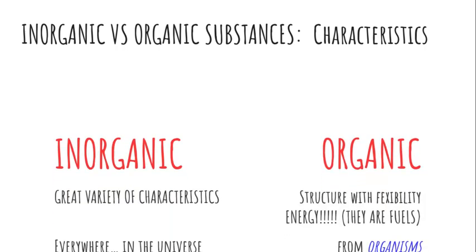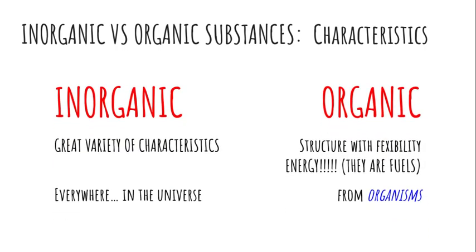Then, talking about their characteristics and counting on these examples, if we refer to inorganic substances, we have a great variety of characteristics. Not only of colors, of textures, hard substances, but at the same time very soft substances, the three states of matter, etc. Although there is a variety of aspects, if you go back to the pictures, you will see different characteristics.